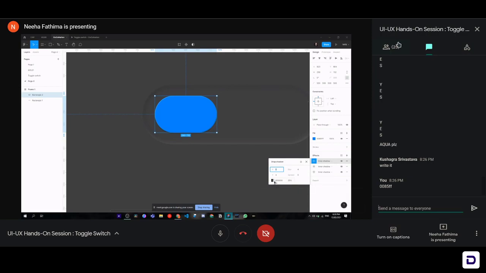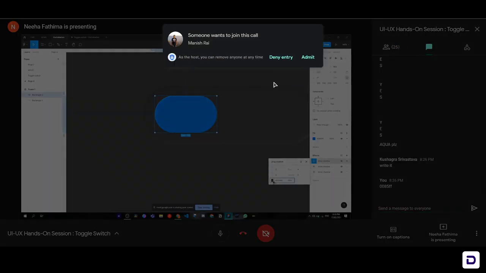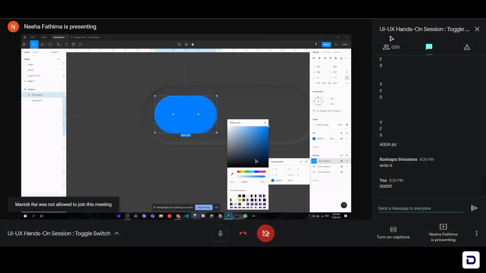To change that, we always have to make sure that the shadows are the same color as the element. It can be black always, but mostly in a neumorphic effect, we need to make sure that the shadows are the same color as the element. So our element is blue. So let's just select the color of the element from here. Okay, so it's become very dark here.